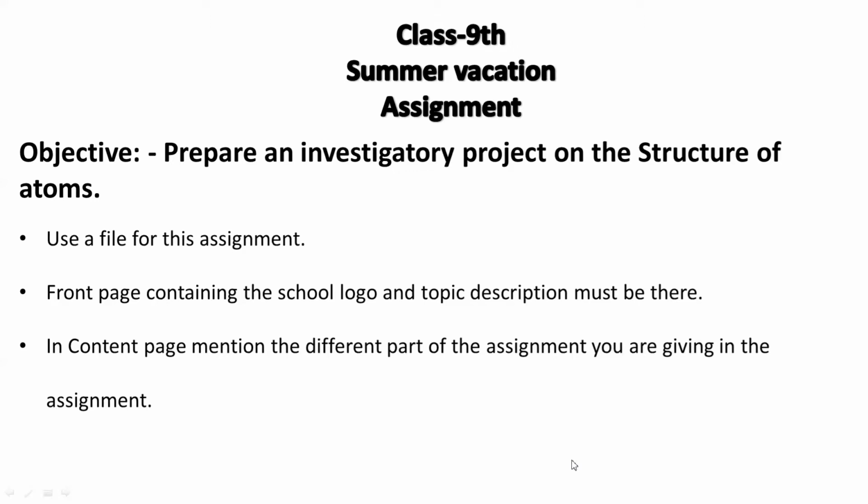You can use the file pages found in the stationery, and if it is not possible to find those file pages, then you can use A4 size pages for making this assignment.